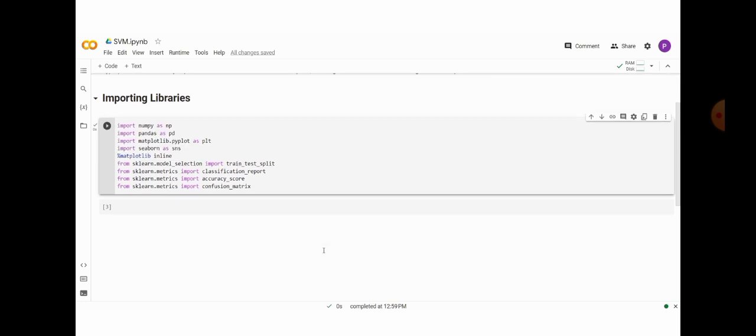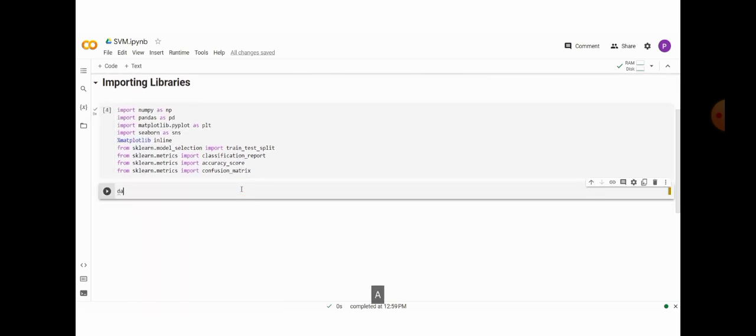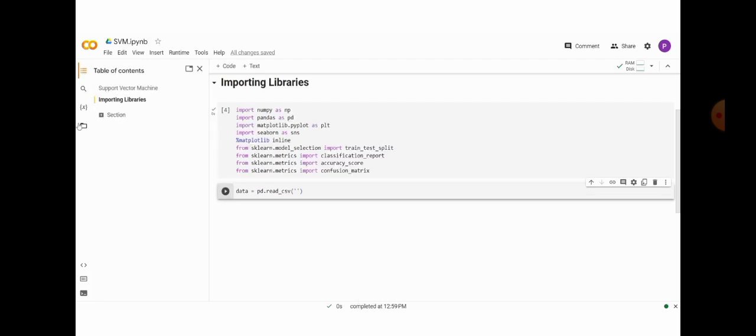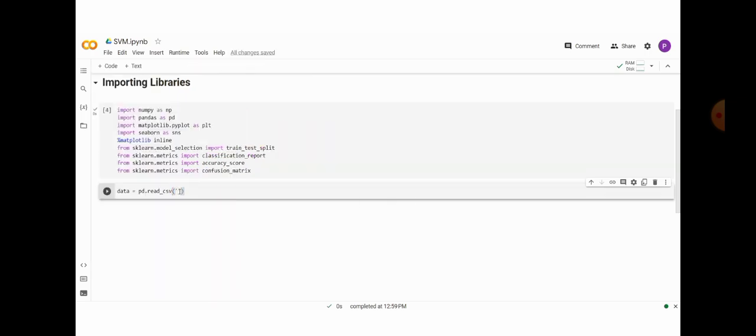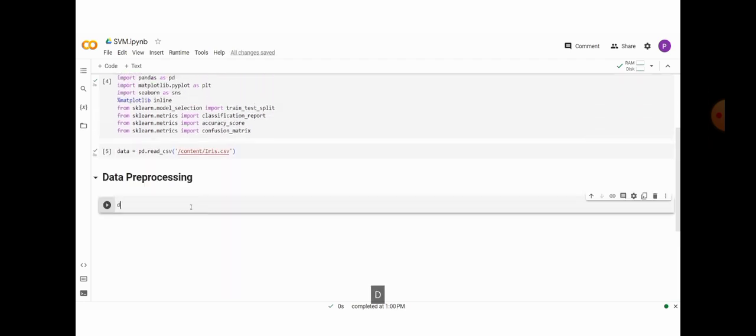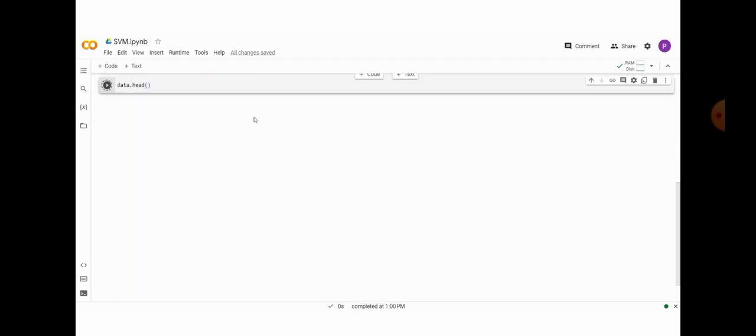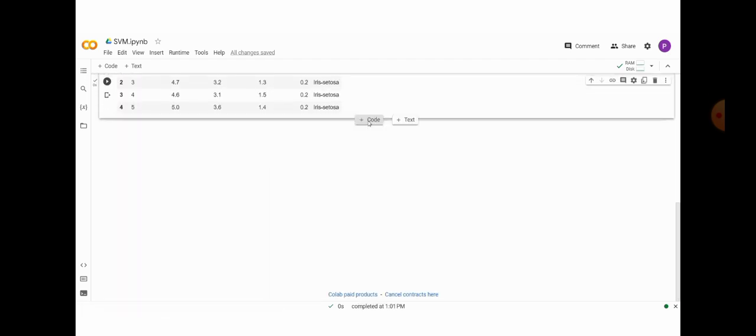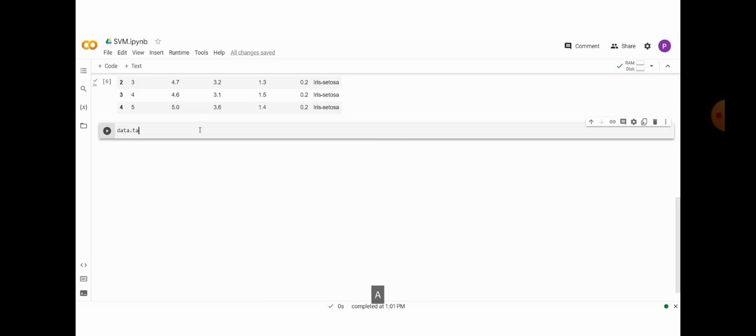the packages are successfully imported and now we read the dataset by using the read_csv function, pd.read_csv. Here we import a dataset and copy the path and paste it here to read the dataset. Running the code, the dataset is read. data.head function to know the first 5 rows and data.tail function to know the last 5 rows